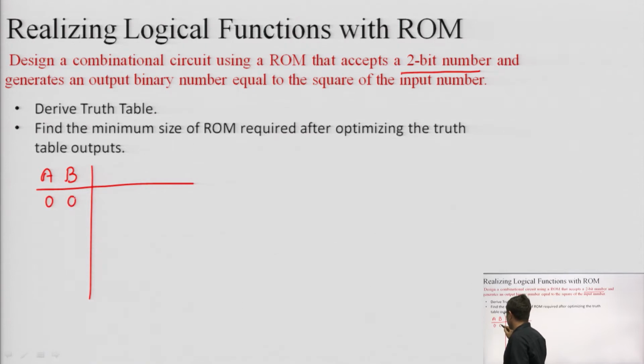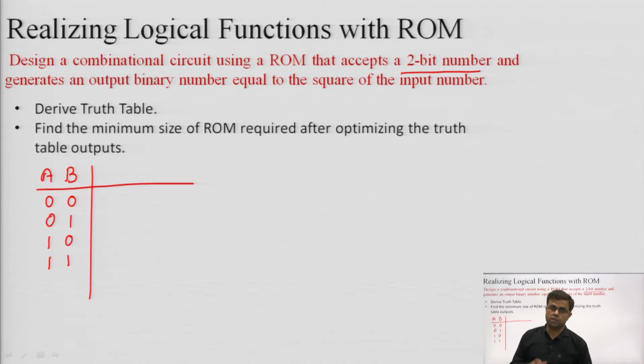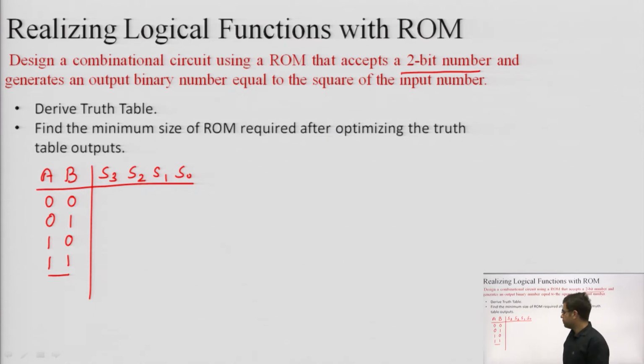First of all we have to check how many outputs there will be, because the examiner has not told me how many bits the square of a 2-bit number will have. So, you have to understand this. The square of 0 is 0, that means the minimum possible square is 0, and the highest possible square will be for 1 1, that is 3. 3 square is 9, and 9 requires 4 bits in binary representation, that means 1 0 0 1, so we will have 4 outputs in this system: S3, S2, S1 and S0. I have used S because we are denoting the square.